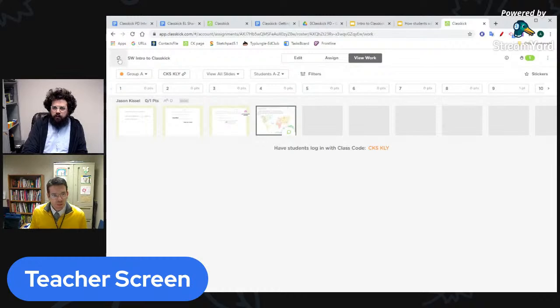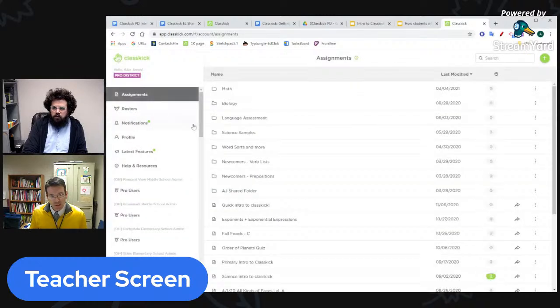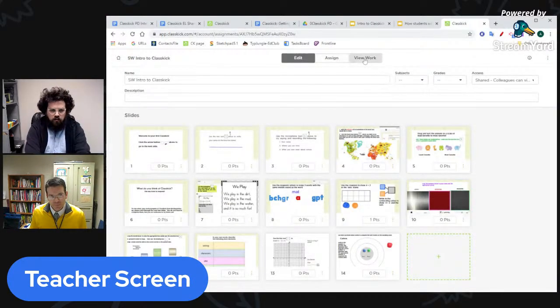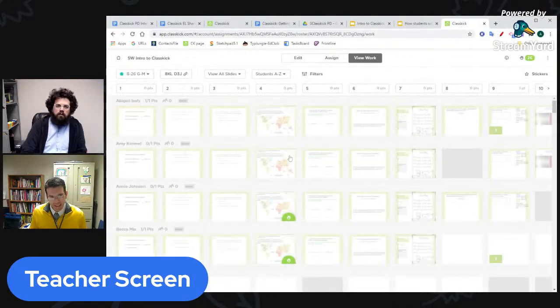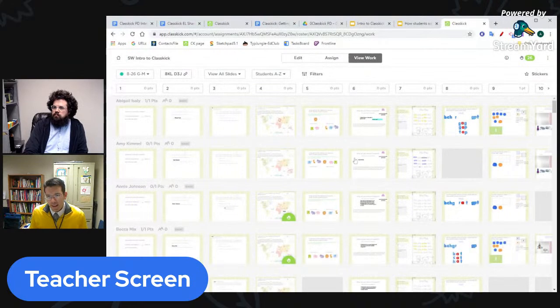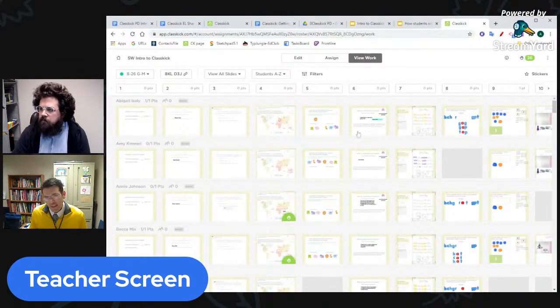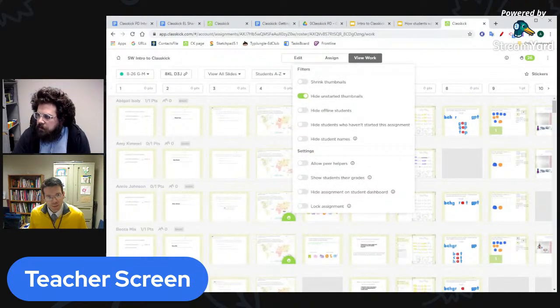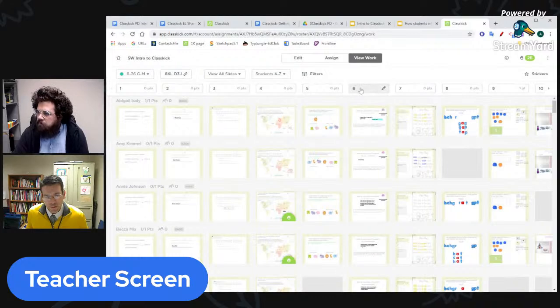Oh, very cool. So yeah, one other thing to show you, a kind of cool feature in the teacher view, and it's probably easier to show this on one that a lot of people have done. So this is an example of if it has been sent out to many people. Let's say that I only want to see number 6. What I can do is go to my filters, and let's see here. So the filters give me different ways that I can see some of these settings and things. But if I want to look at just question 6,